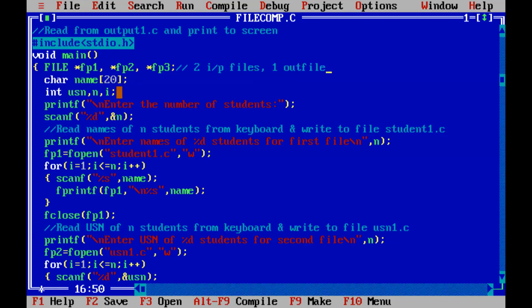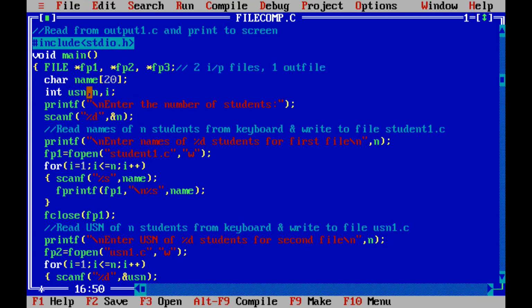I have told you in the class also, as and when we require a variable, at that time we will declare it. We will not mug up all those things and declare. How do you do programming? Good programming is, as and when you require something as an input, we start declaring the variables. So for the time being, we know these are the file pointers which we are going to use.